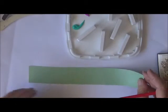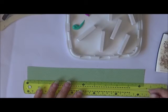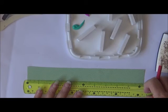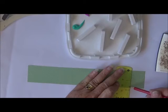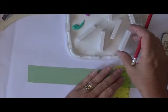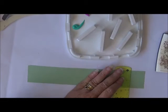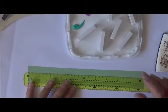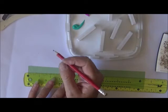So I've just cut out a strip of paper, and the length is 10 inches plus 3. So I'm thinking that you pronounce it 10 3/10, because there's 10 notches in an inch. And the height of this one is 6, which really should be 1 and 7, I think. No, that's right. So it's 1, 2, 3, 4, 5, 6, 1 and 6/10. I don't know, however you pronounce it. And I just go along, every 7 little notches,